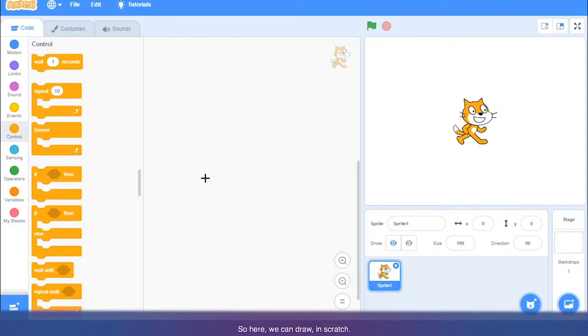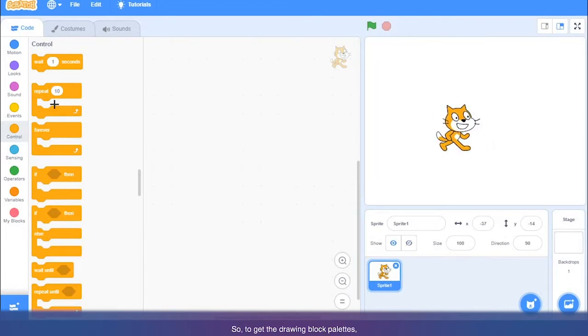Here we can draw in Scratch just like you do in a paint application. Here we can make these characters draw for us. So let's learn how to do it. Suppose you have one pen as a robot, and you have to program that robot to draw some particular pattern, for example, a square. How will you tell your robot to draw a square? So let's learn that. Consider this cat as my robot.